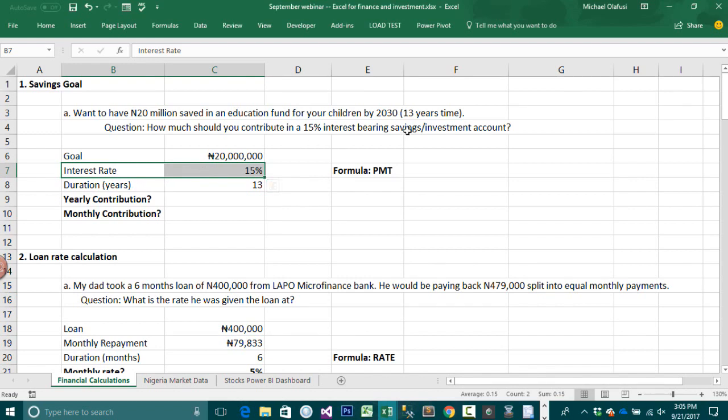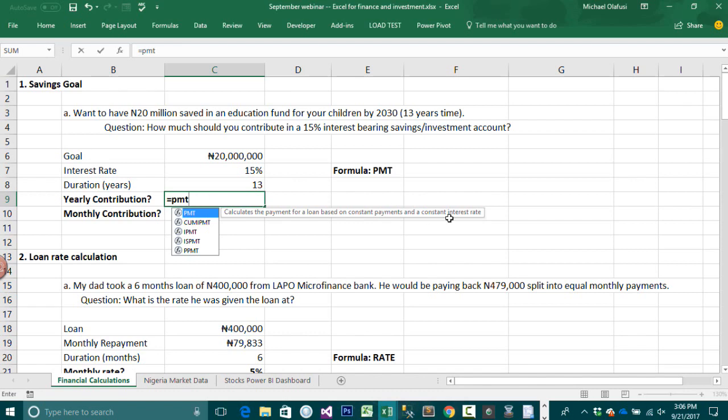And so 2030 is in 13 years time, right? So you're going to be saving for a period of 13 years. So in 13 years, you want to have exactly 20 million naira in that special purpose account. So how do you know how much to save yearly? And that brings us to that formula